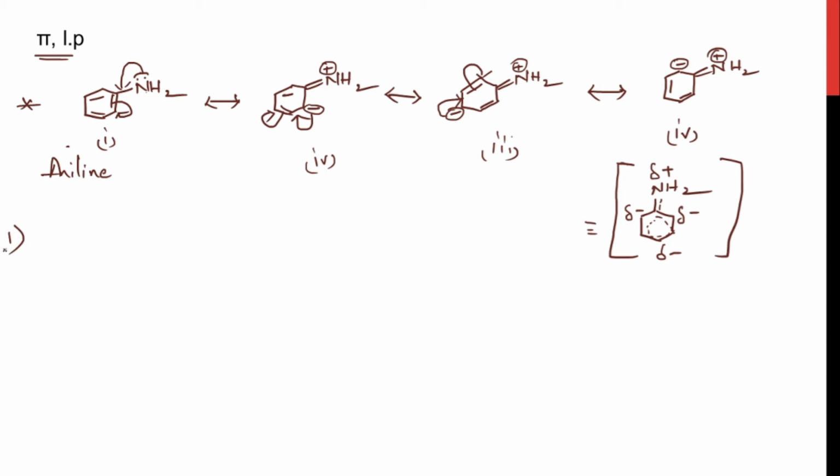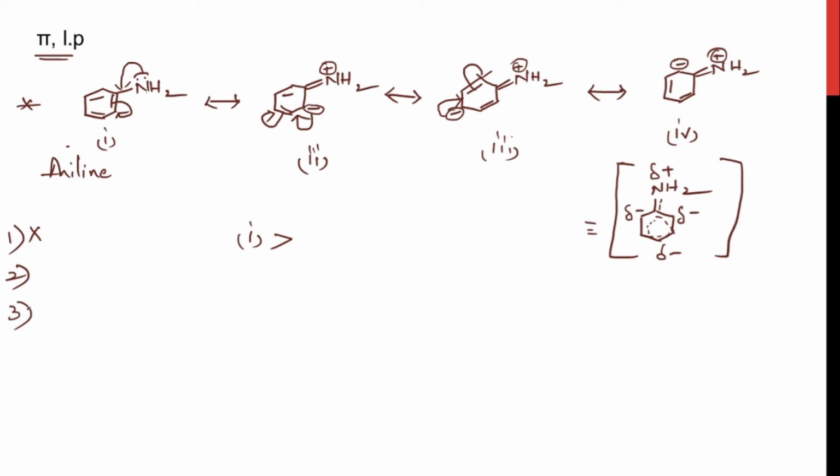Now we'll see their order of stability. We'll apply the first rule, which says the maximum number of bonds forms the stable structure. All the four resonating structures have the same number of pi bonds, 3, 3, 3 and 3, so you can't apply the first rule. Coming to the second rule, neutral species are more stable. The first resonating structure is neutral, and the remaining 3 have charges on them, both positive and negative. So the first resonating structure is more stable than the remaining 3.